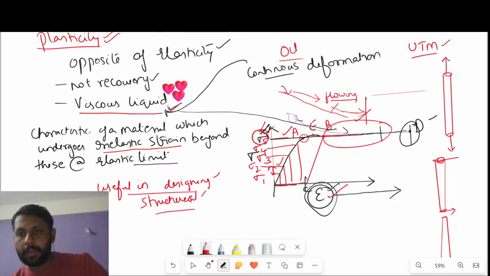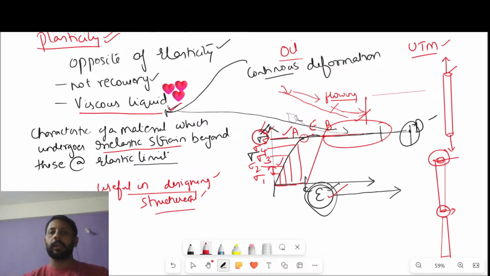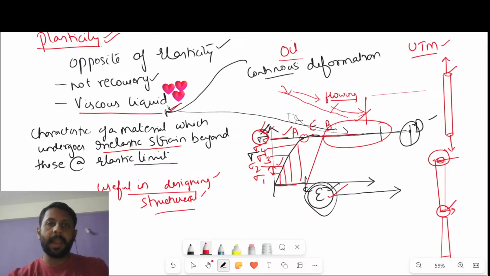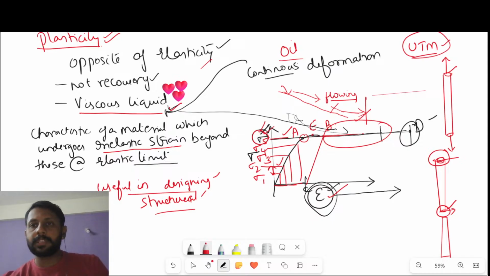It will undergo a failure something like this. The diameter here will be this much, but the diameter here will not be this much. It will reduce, it becomes thin once it gets there, because you start pulling it, it will undergo expansion. When it comes here it will become thin and it will fail. Okay. So these tests, plasticity and elasticity, you do these tests in universal testing machine.